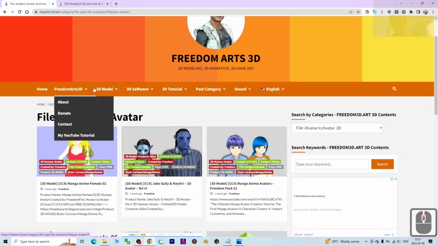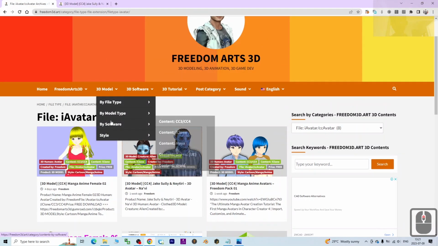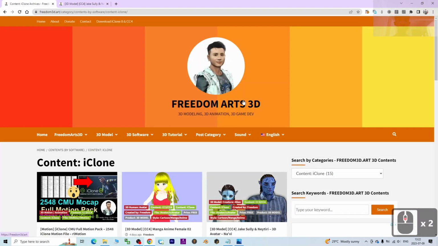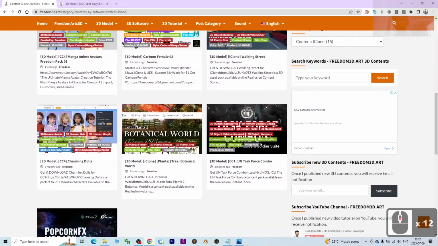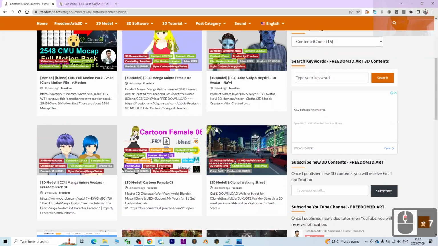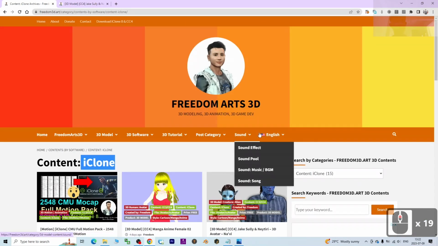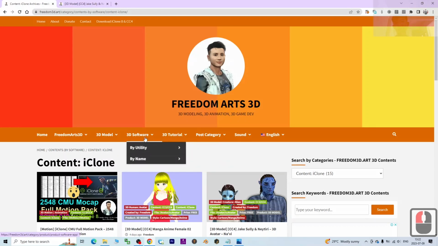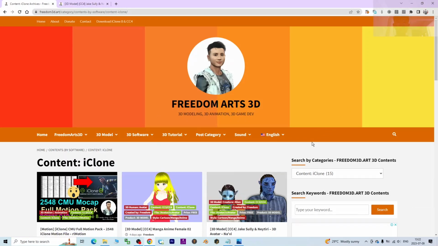And of course, you can find the 3D models just by software. For example, the CC3 contents or the iClone contents are already categorized properly for you if you want to find them really accurately. All of these 3D models are the iClone contents. Alright, this is something of a breakthrough for me and also for you, for your 3D modeling, 3D animation, and 3D game dev. And you can find all the valuable resources like tutorials, software, and 3D models from my new